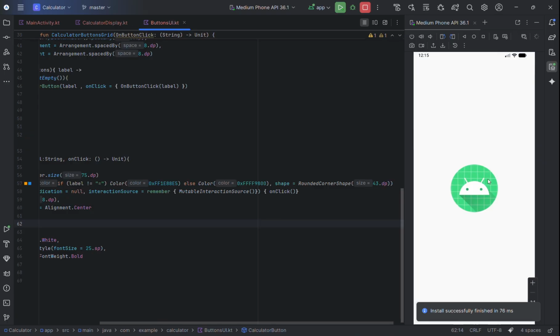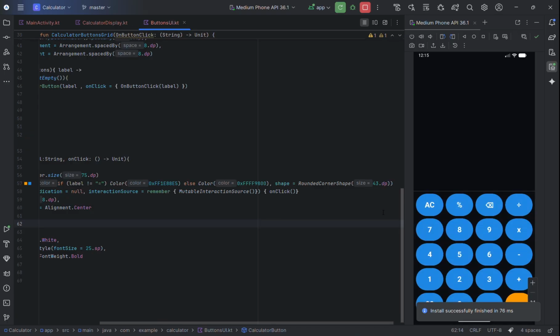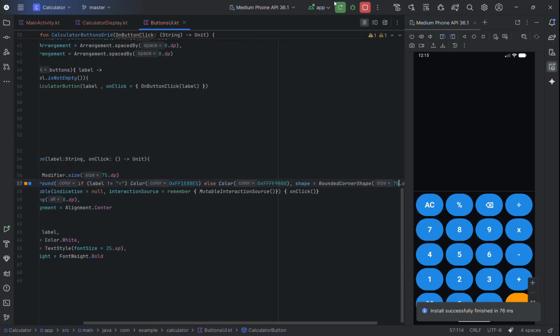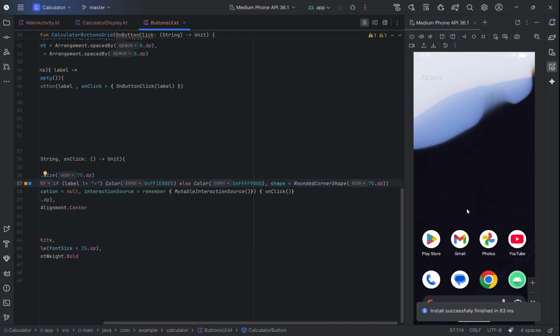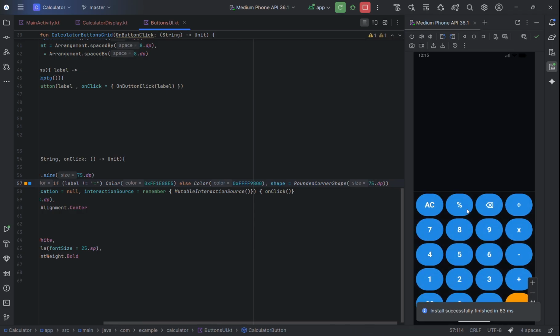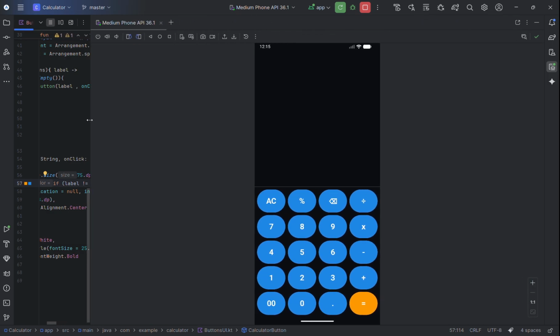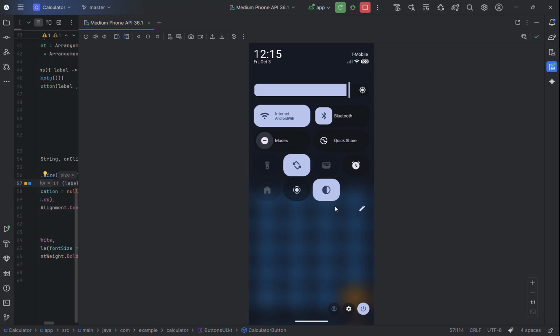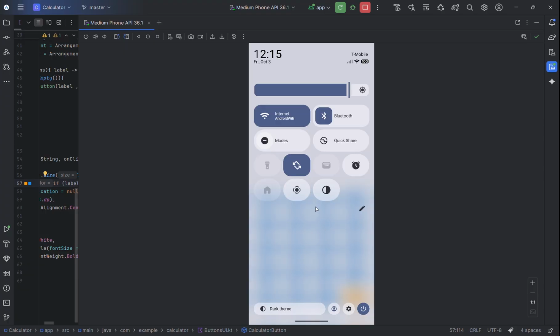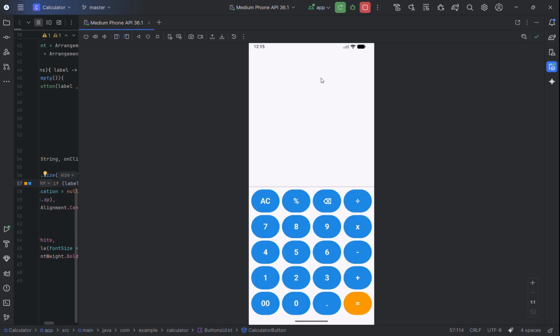It's basically the same thing, but here you can specify how rounded should the corners be. We set it to 75. It should be more rounded. Like so. And if you switch to dock to light mode, yeah,